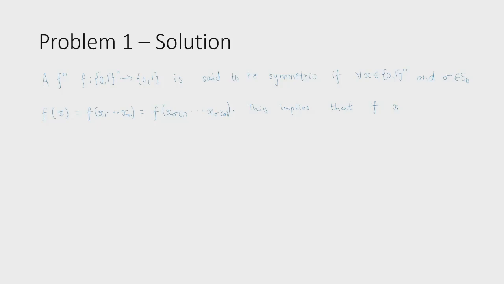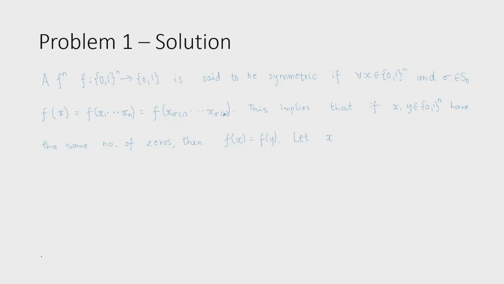So this implies that if x and y in {0,1}^n have the same number of zeros, and since the strings are 0-1 strings, if the strings have the same number of zeros, they also have the same number of ones, then f of x is equal to f of y. So is this claim clear? Why this implies this? Yeah. So if this is the case, so then let